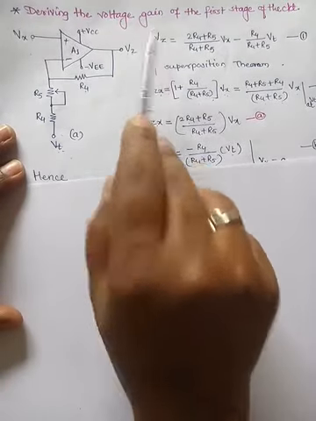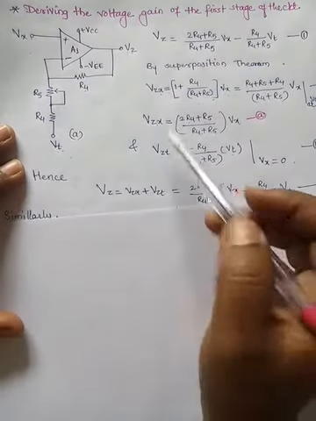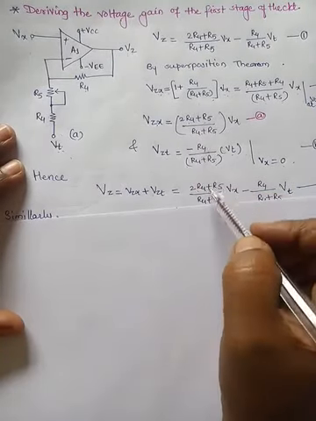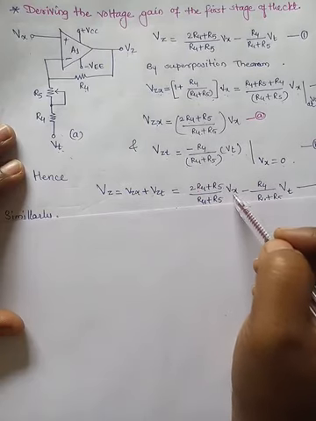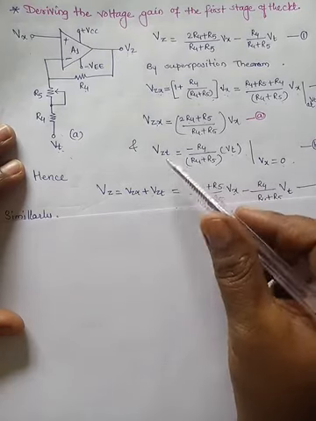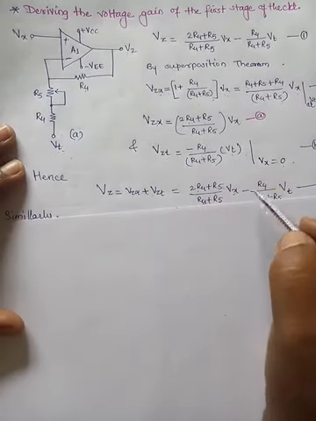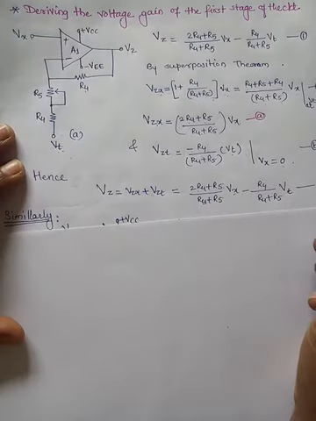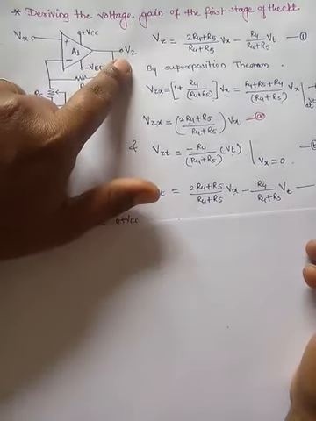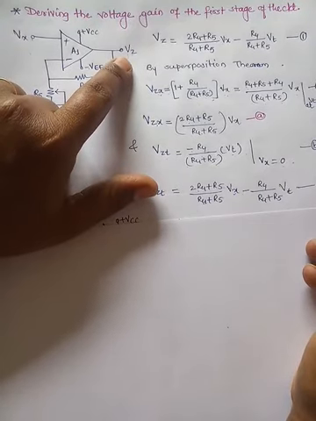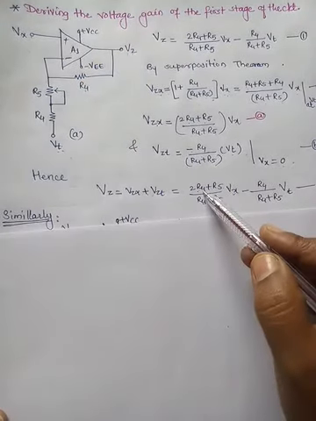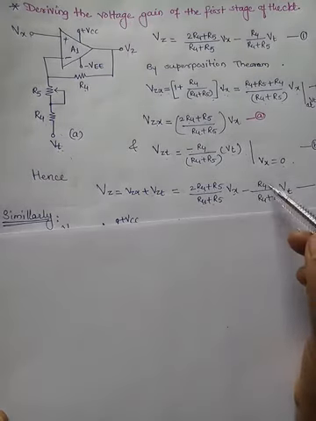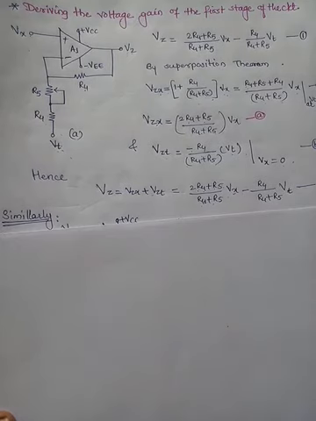We can write output voltage Vz by these two equations, which is Vzx plus Vzt is equal to 2R4 plus R5 divided by R4 plus R5 into Vx, and Vzt plus, as it is, minus R4 by R4 plus R5 into Vt. So this is our first output voltage that we got at the first stage. The first op amp's output Vz is twice of R4 plus R5 by R4 plus R5 into Vx minus R4 by R4 plus R5 into Vt.